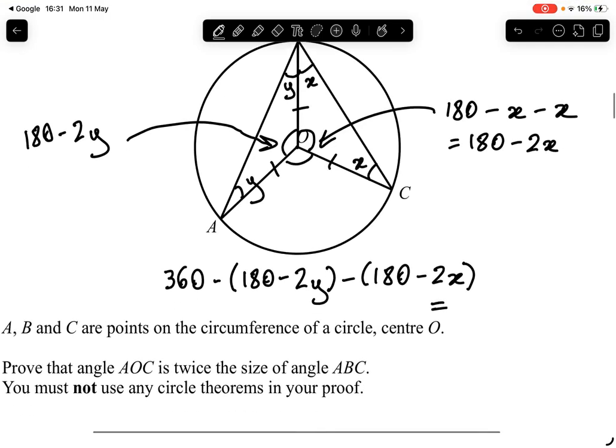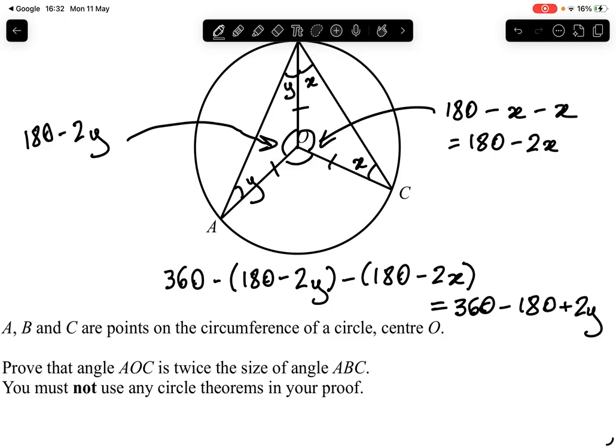Well, that's 360 subtract 180 add 2y, because a negative times a negative makes a positive, subtract 180 again, and then add 2x for the same reason. Well, 360 subtract 180 subtract 180 makes 0, so all I'm left with is 2x add 2y,